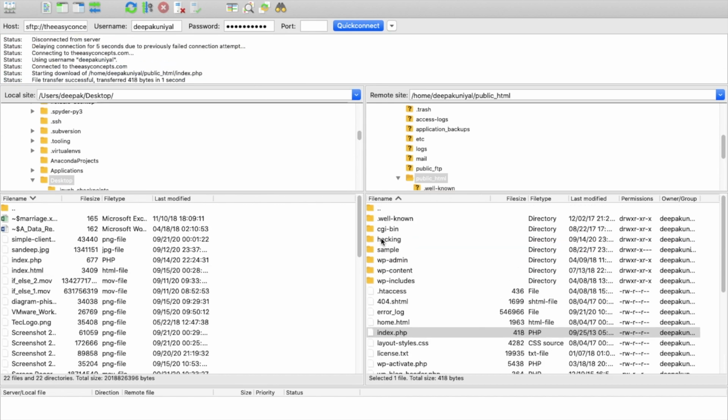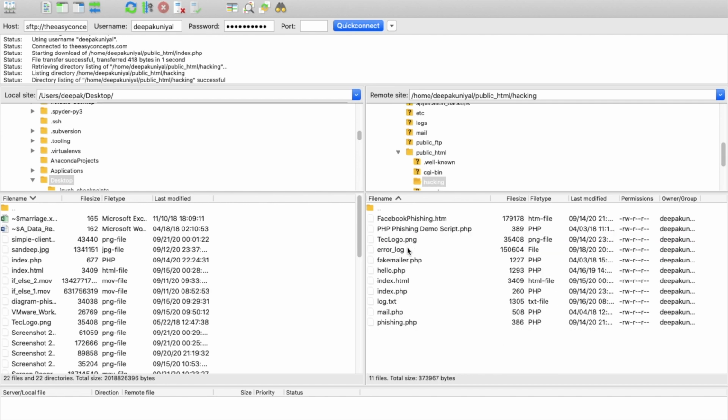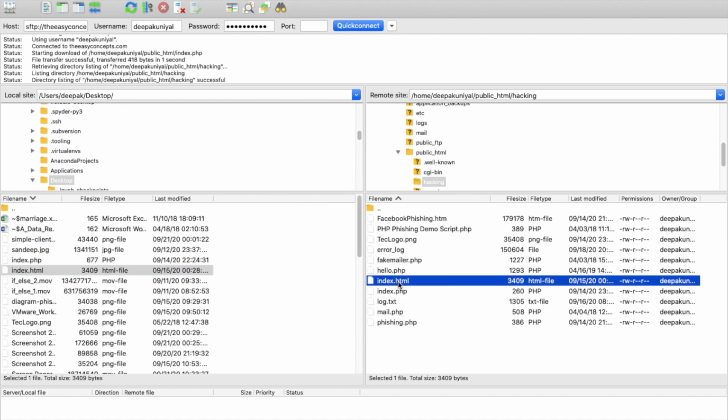Okay, so we have to go to the hacking directory, and you can see we have pages here, index.html and index.php. Now match it here. index.php is 677 in size, and we have 260 here. Yes, index.html is 3409 and it is 3409.